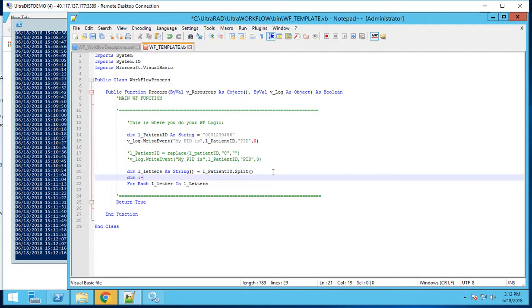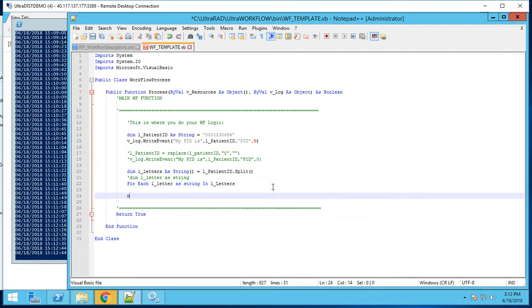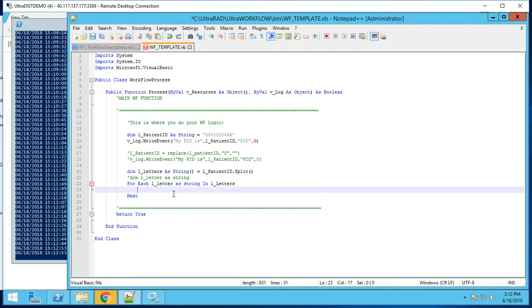I could do dim L underscore letter as a string. Or instead of doing that, I'll just comment this. So that would work. Or I can do it right here. I could just do L letter as string. So I'm declaring it right here as a string so I can avoid declaring it up here. Whenever you run a loop, you have to tell it when you're looping to the next item. So we're going to do some stuff and then try the next item. And then here, just to show you how this works, we're just going to output these as a log line. So we'll put here